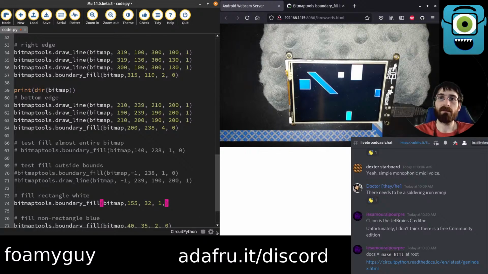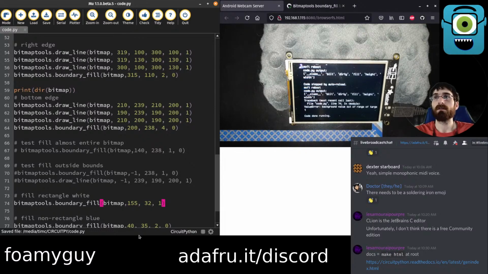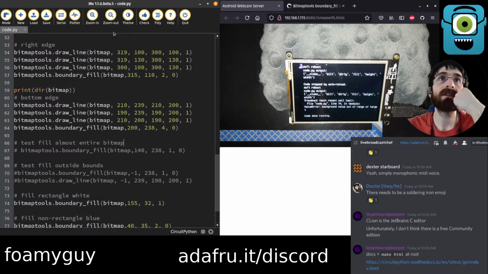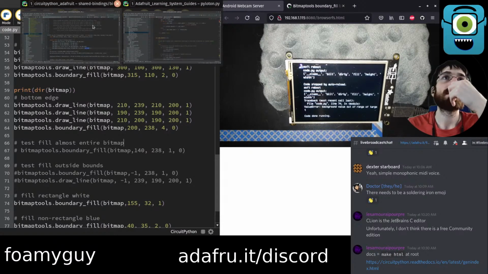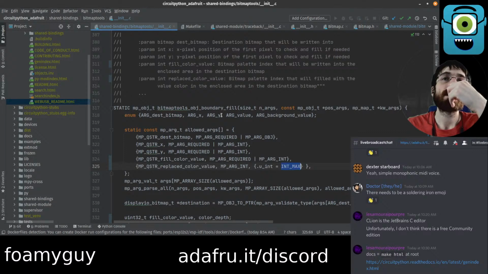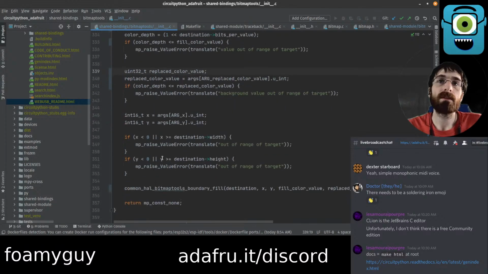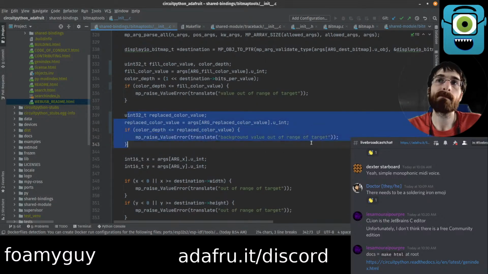So if we take out the background value, or what is now the replaced color value, and we run this, we end up with this error from line 74, which currently says background value is out of range of target. So I guess the problem is that it's checking right here if it's within the range of the bitmap, and it's not because we set it to max int. So we actually need to say